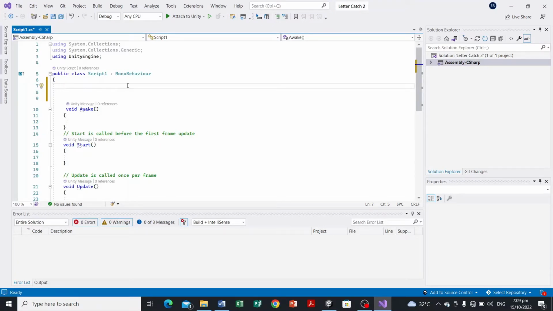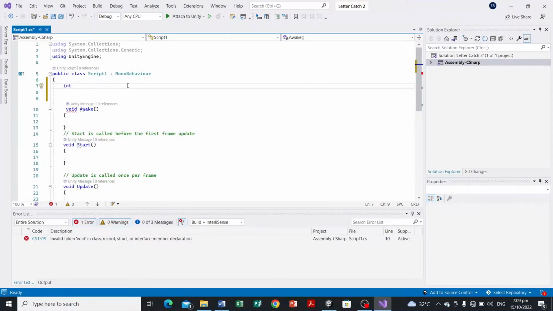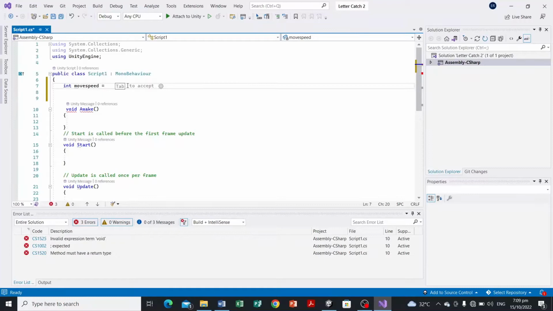So we're going to use int and the name of the variable speed. Let's specify what kind of speed: the bullet speed, the move speed, or let's say move speed. Then once you have the data type and the name of that variable, we will have its value. Say for example we have